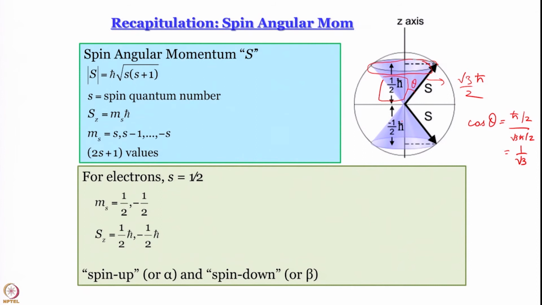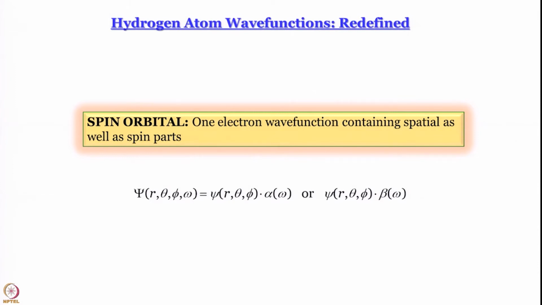These are called spin up or spin down states. Spin up state is assigned a wave function alpha, spin down is assigned a wave function beta. Right now, let us not worry about what the actual functional form of alpha and beta is. It suffices our purpose if we just think that the wave function for up spin is alpha, wave function for down spin is beta, but remember these are wave functions, spin wave functions, that is all, right. Now, let us go ahead. So, what we said is now if you want to talk about multi electron atoms, it is not sufficient to talk about N, L and M, you also have to talk about ms, not s, remember ms.